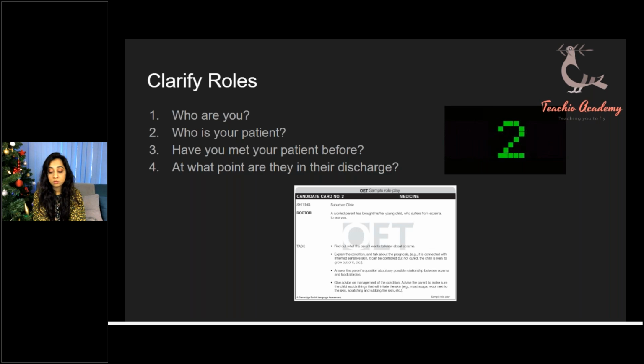We've talked about knowing who your patient is. Then, have you met this patient before? This is actually quite important, guys, because a lot of times when we're conducting our mocks and even on the real OET exam, this is a patient who is in the ward and getting discharged today, and because they've memorized this introduction, what they say is, what brings you into the hospital today?